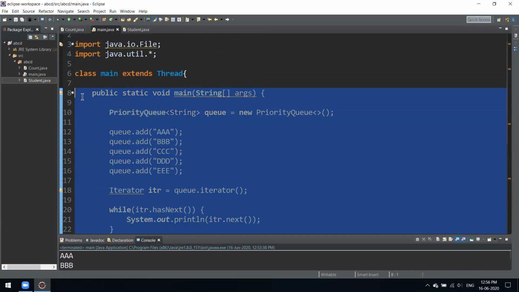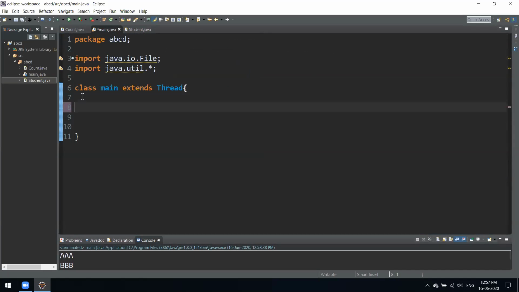Let's move forward now. We'll see our last collection. After that, we have to do one more topic today. So one more thing we have is map. Okay, what is a map? Let's see now. Map is a data type, or a collection, in which we add data in key-value pairs. That is a simple thing about map.